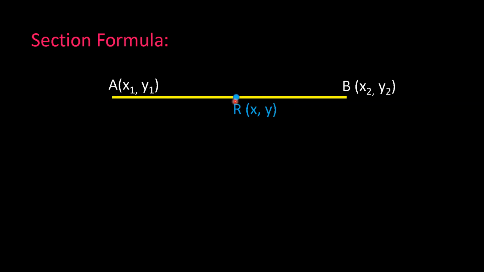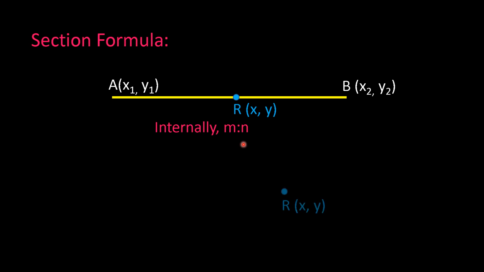In this video, we will understand the concept of section formula in vectors. Section formula is useful in finding the coordinates of point R which lies on a line segment AB. In this case, since R lies between the endpoints A and B, R is said to divide segment AB internally in the ratio